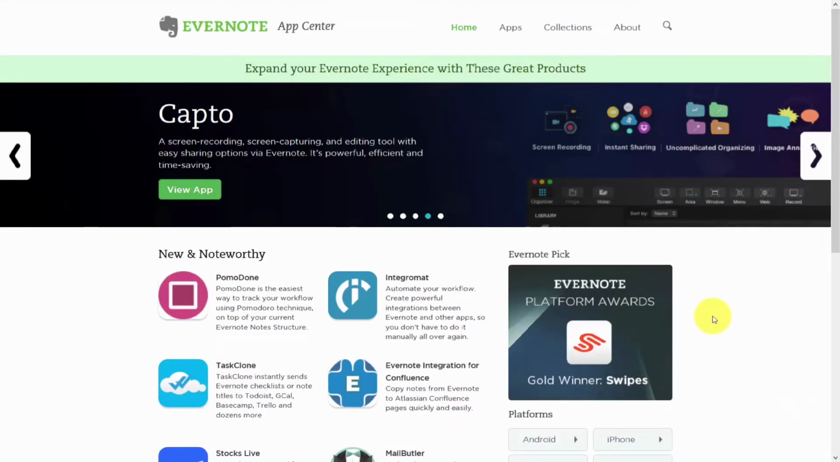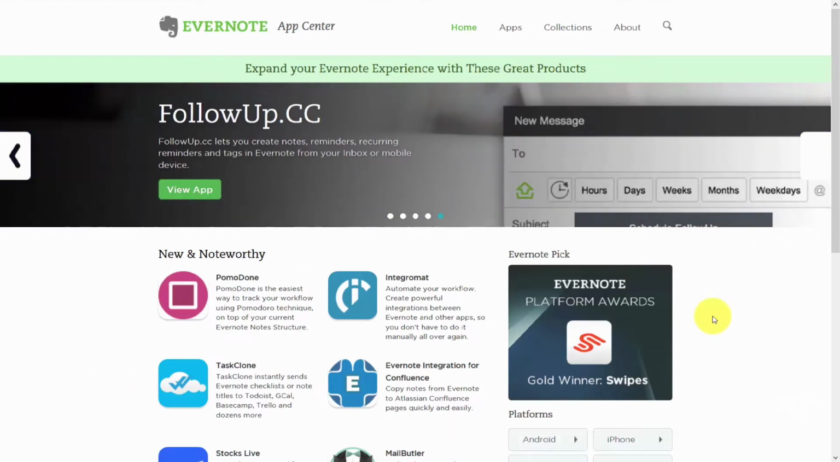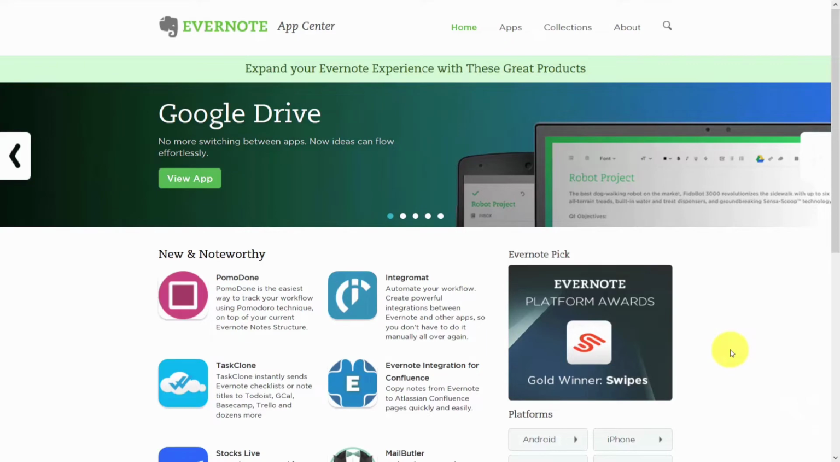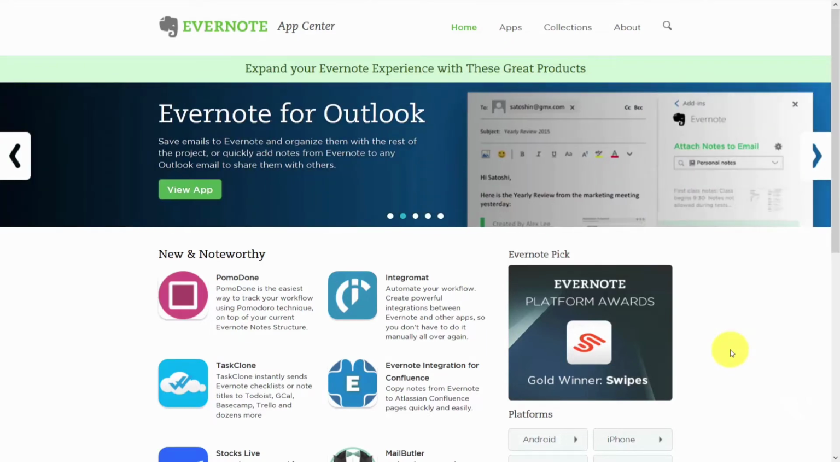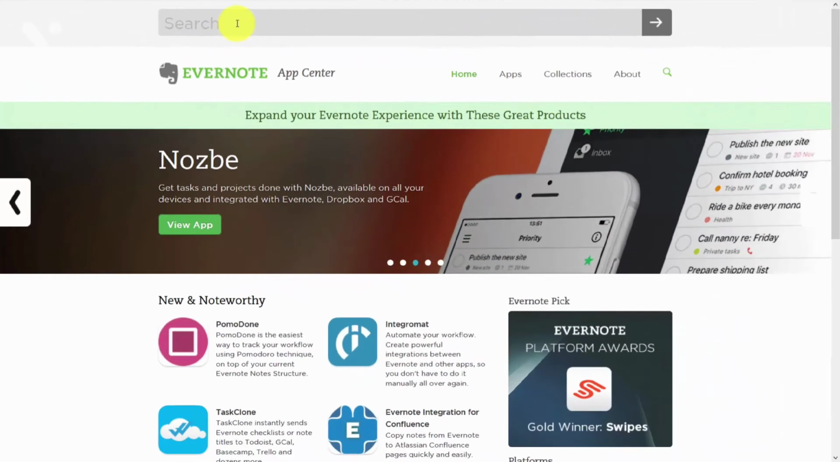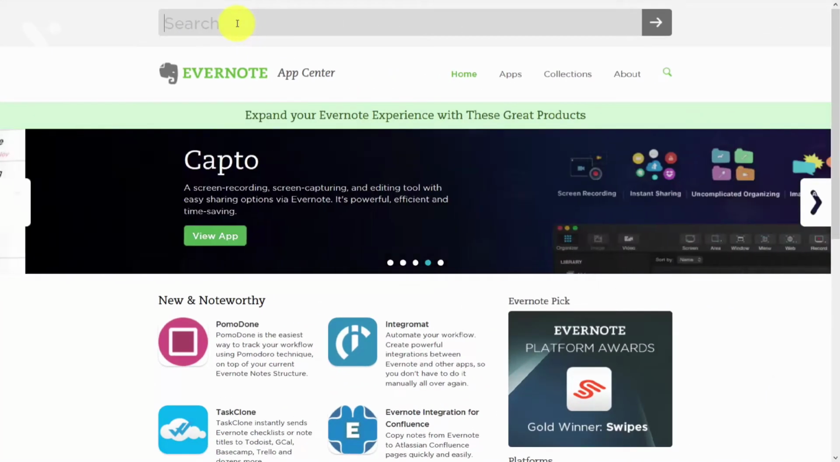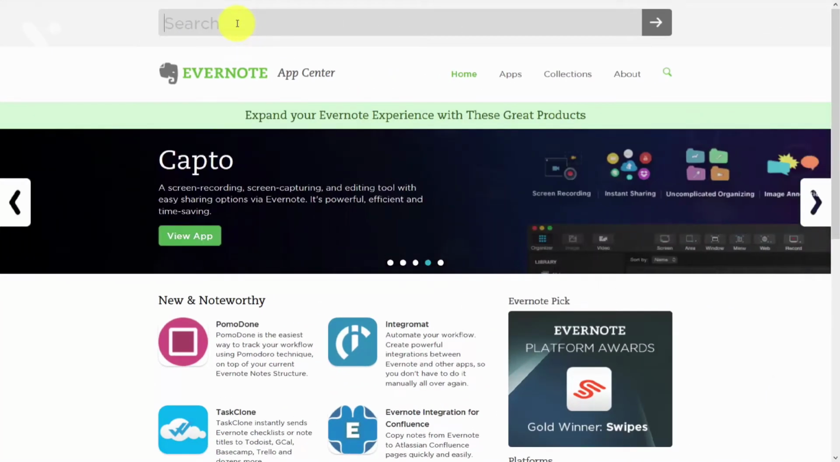Hello and welcome. Now in this video, we are going to explore integrations with Evernote. One of the ways that you can extend Evernote's capability is to integrate with other applications. And in order to find out how Evernote works with the applications that you're already using, if you write the name into the search bar, you'll be able to determine whether or not your application is one that Evernote